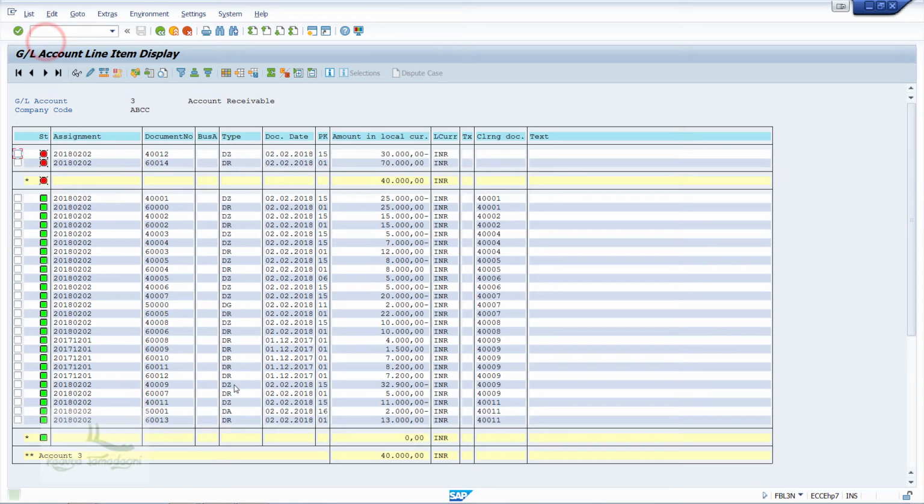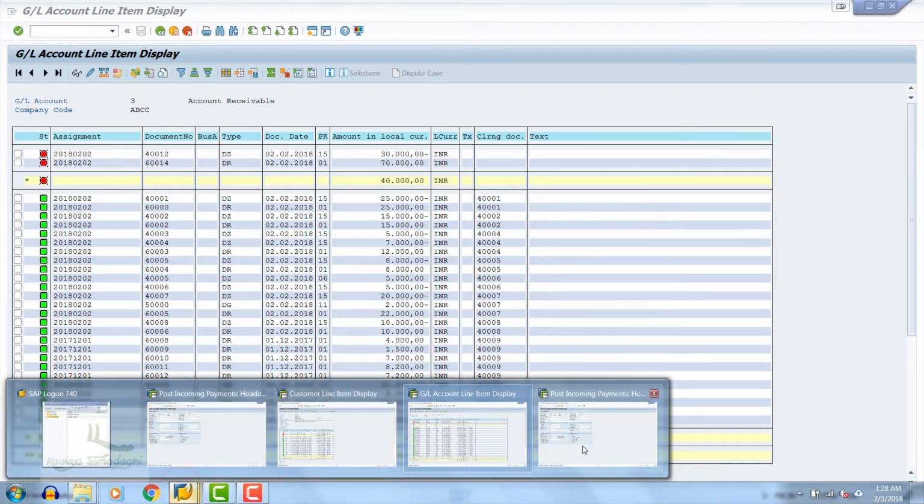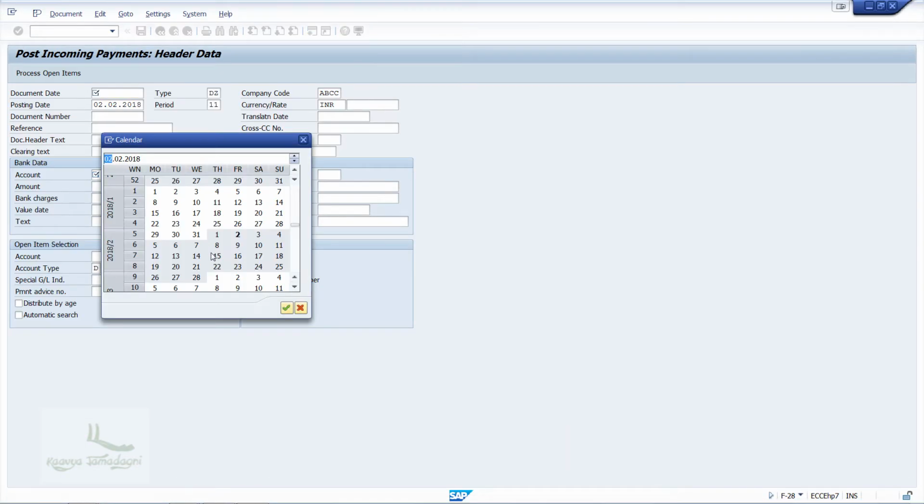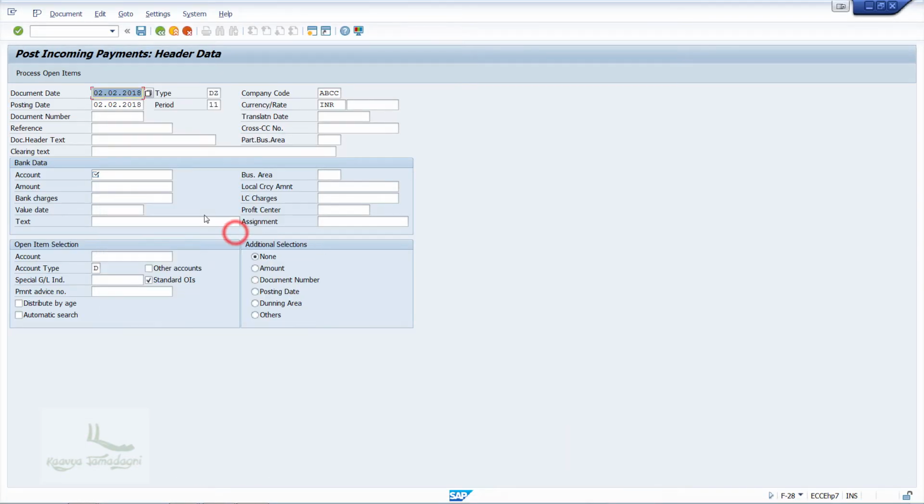Now we can see the entries in both the reports. And now, after the partial payment, we were proceeding to complete payment. Let's say the user creates the partial payment of 40,000, that is for the remaining amount. Then I'll just post the partial payment document for the amount of 40,000.